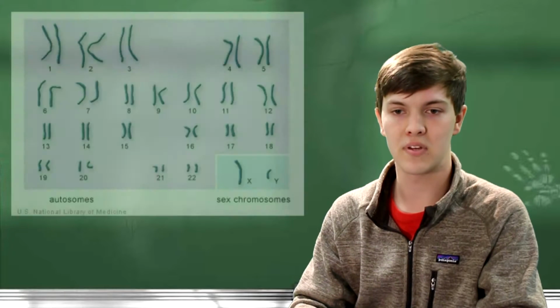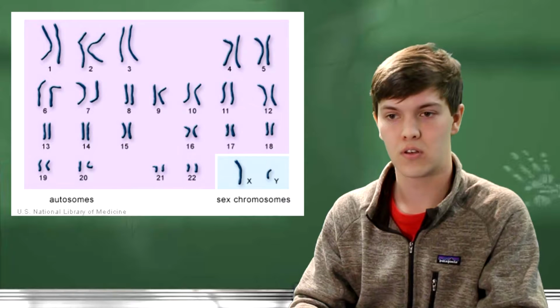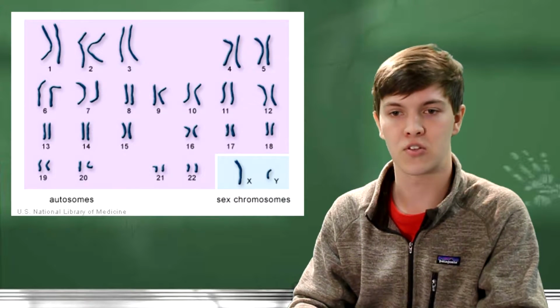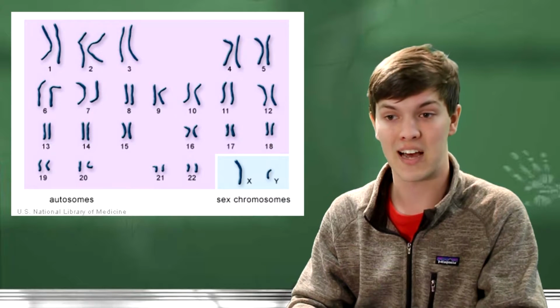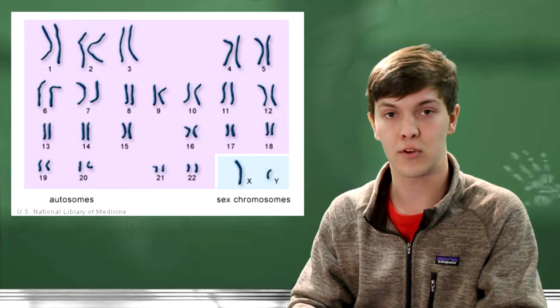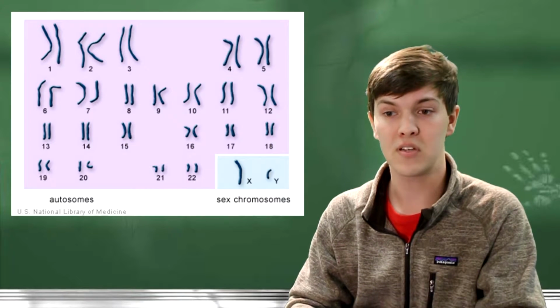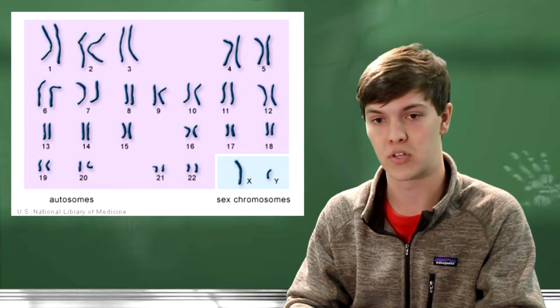So how do chromosomal abnormalities appear? In humans, each cell contains about 23 pairs of chromosomes, for a total of 46. 22 of these pairs are called autosomes. They look the same for both males and females. They are numbered by their size. The 23rd pair is called the sex chromosome, and they are different between males and females. Females contain 2 X chromosomes, but males contain both an X and a Y chromosome.